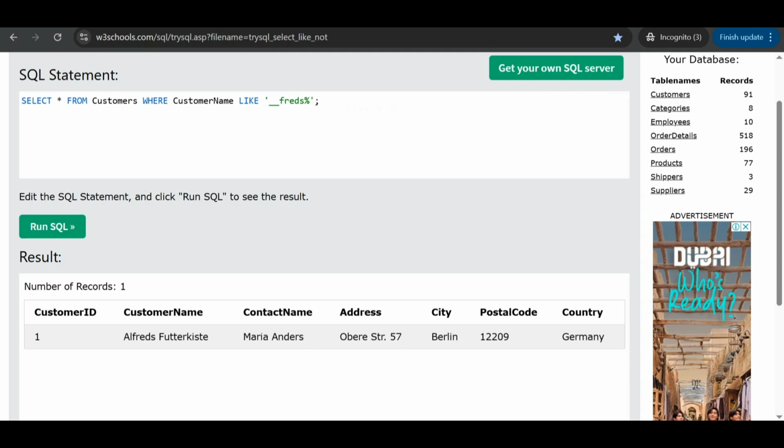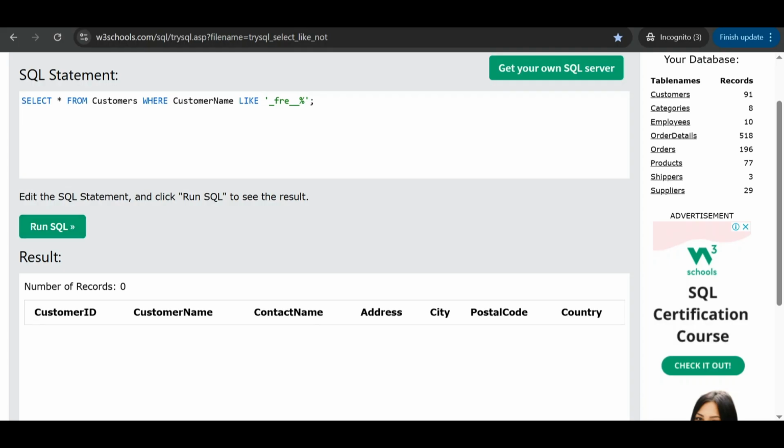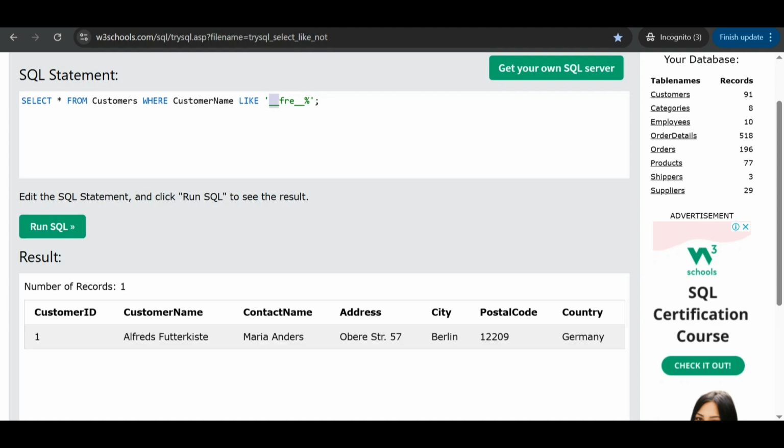If you randomly want to search for a value with a certain character, for example F, you can use underscore. It will return zero values if the underscore is used wrongly, because underscore means one unspecified character. If you forget the first character or second character, you can use underscore.